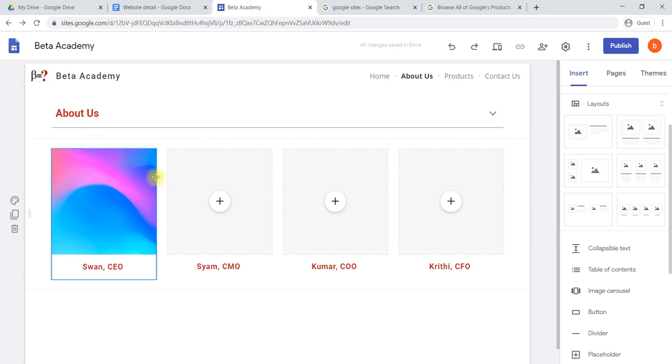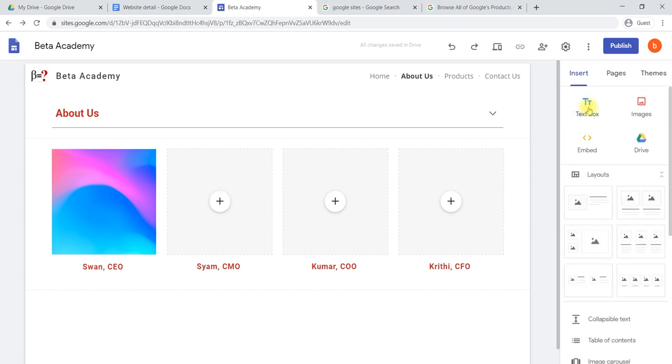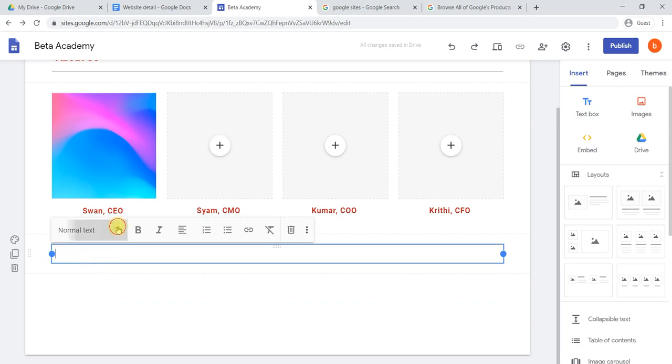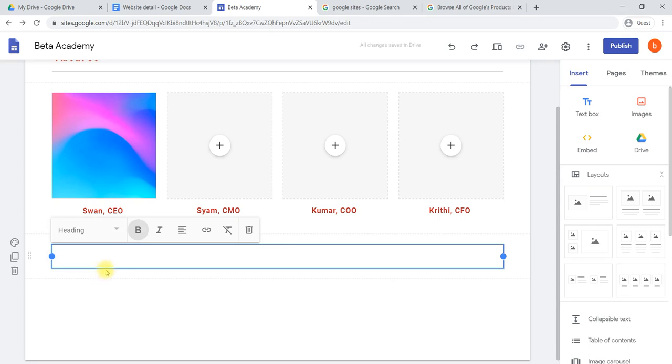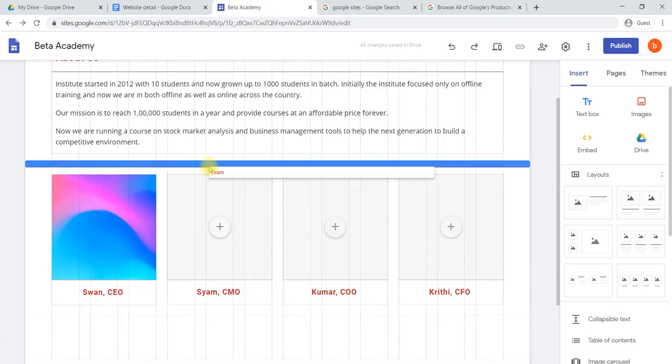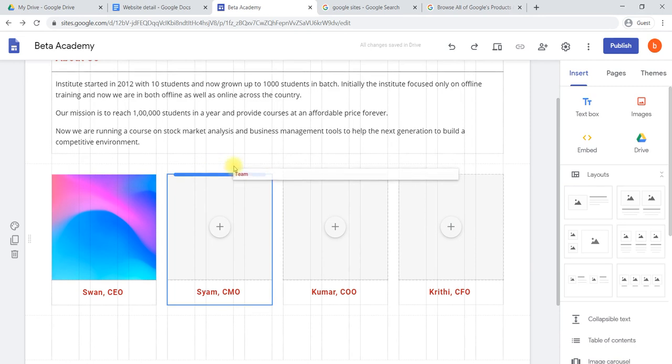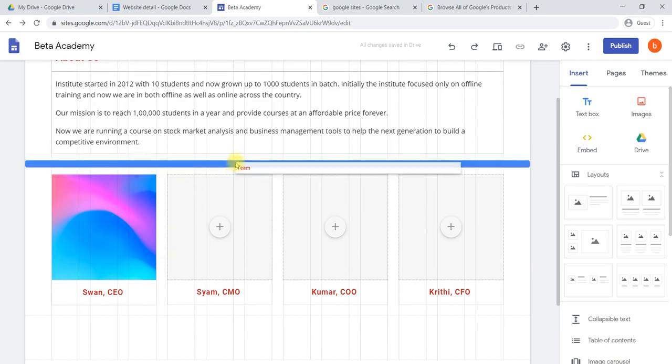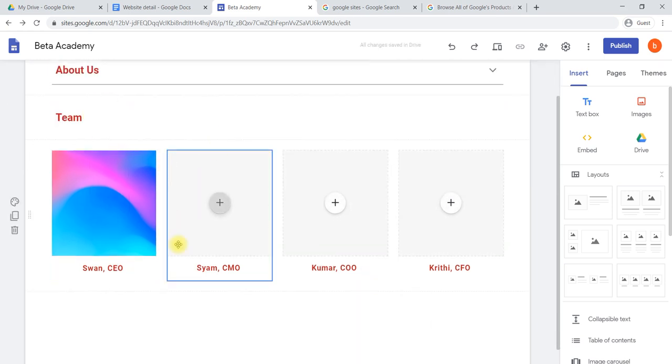So how can they come to know that it is our team? Now that is a question. So we need to add one text. We'll select a text box here. We'll add a title, now title heading, that is nothing but Team. Okay, we have written it. We need to take it to the top right. We'll select this particular dots, you have to select and take it here. You can see that blue color mark, it's nothing but where we are going to insert in between. Yes, Team. Okay, like this it will be.